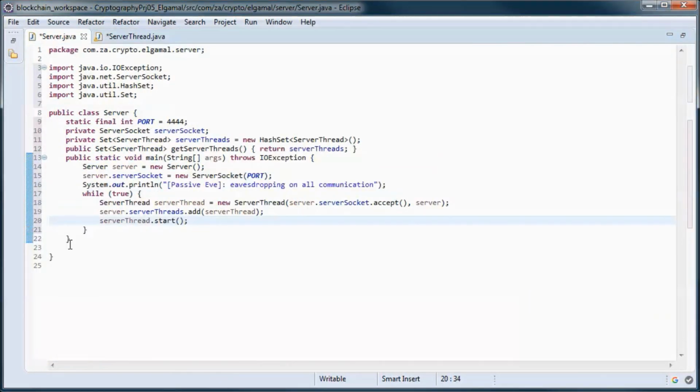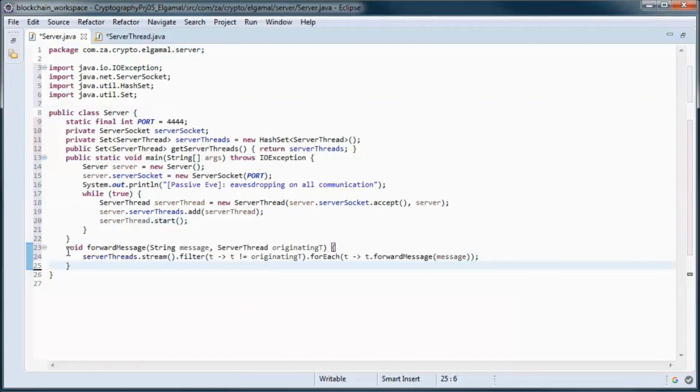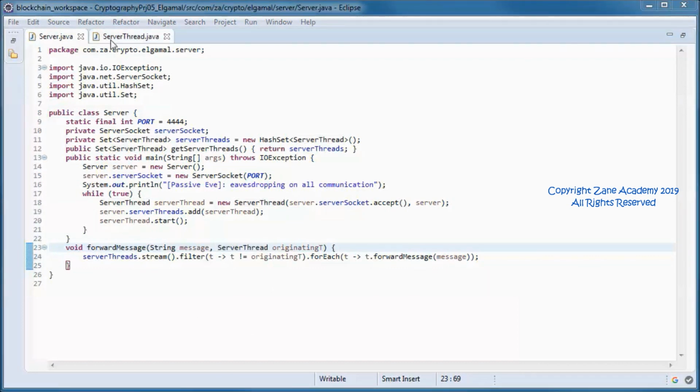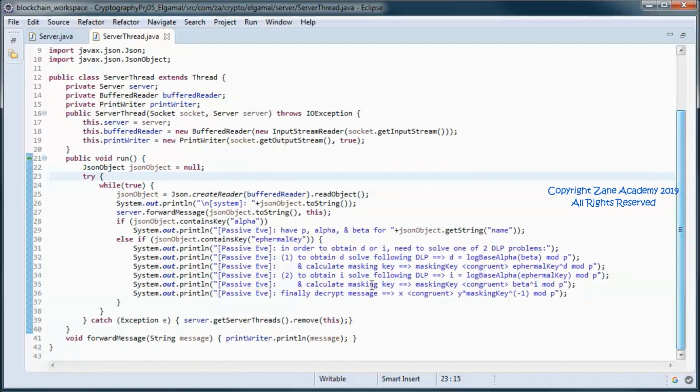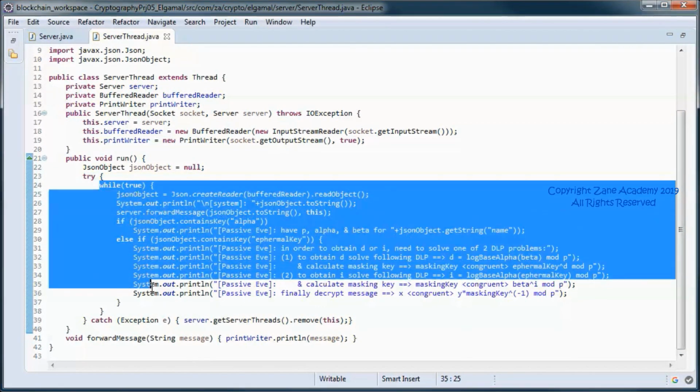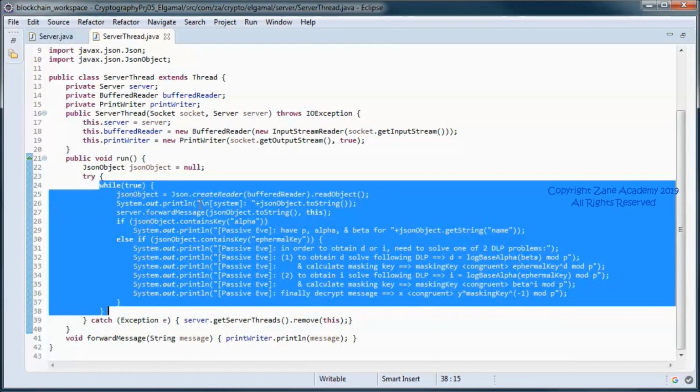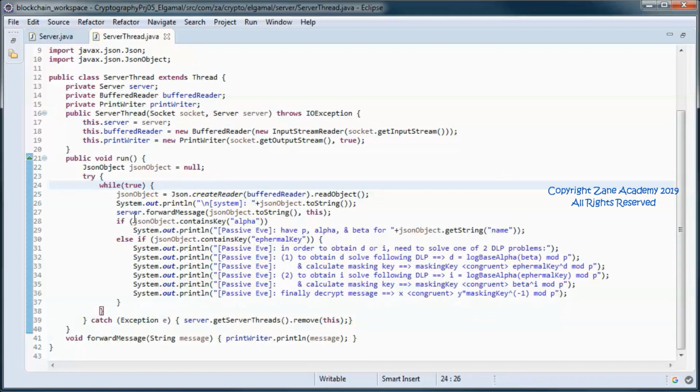And let's add this method here that forwards messages from Alice to Bob and the other way around. So here this server thread is handling communications with a specific client.